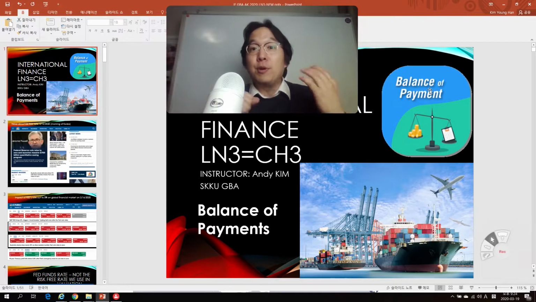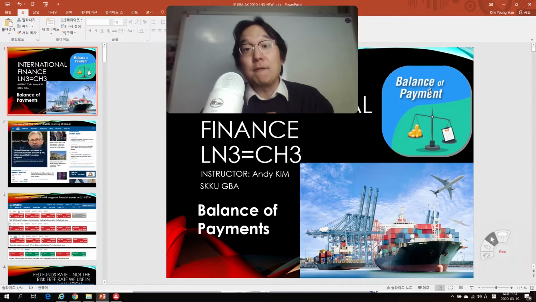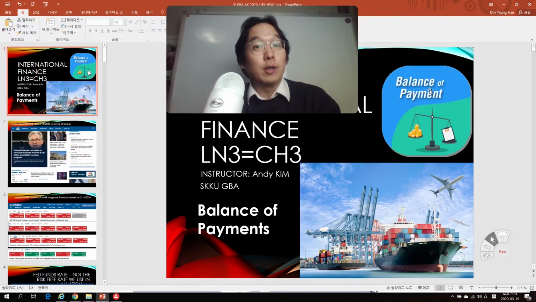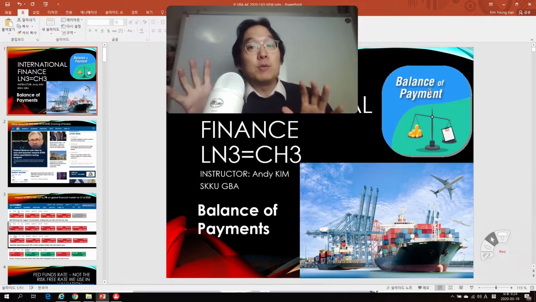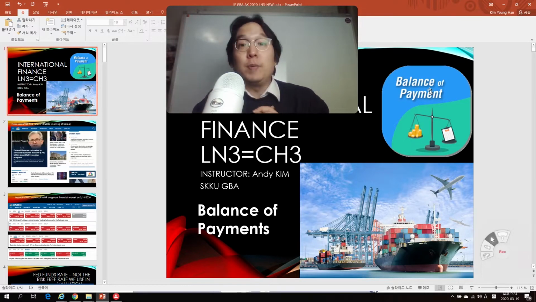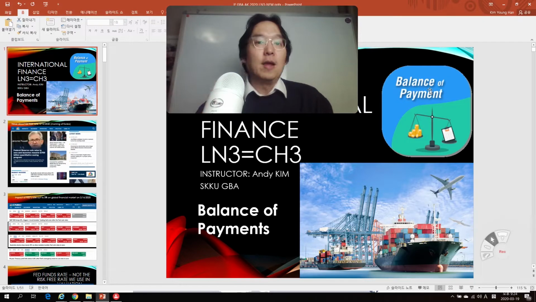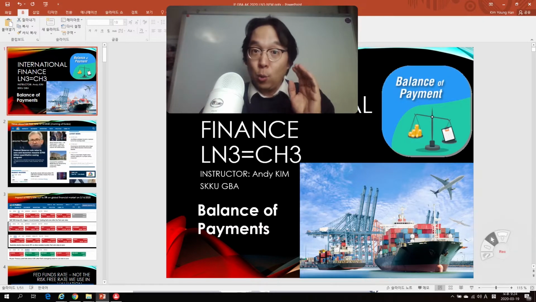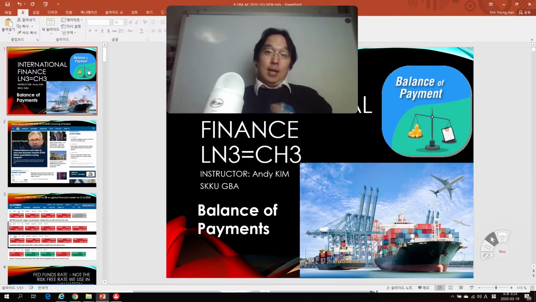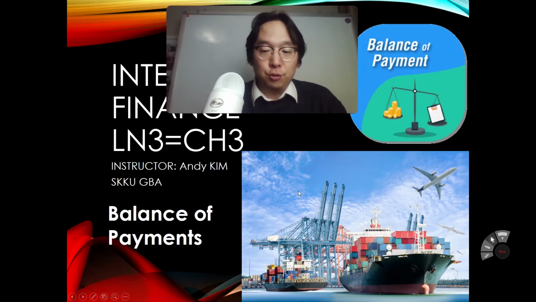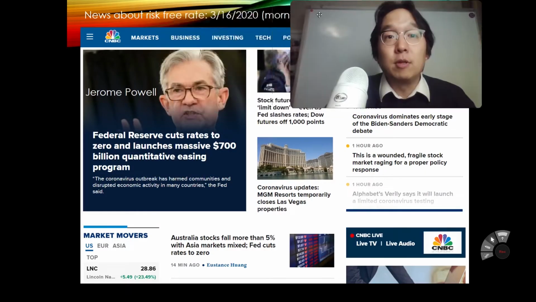Okay, for example, trade balance, we call it import and export, right? Surpluses and deficits, and foreign direct investments, right? And then portfolio investments, and something called foreign reserves, right? All those things will be discussed. And largely, it's going to be kind of a refresher about your understanding in Macroeconomics 101, okay? And before we go deeper into the textbook, right, let me take you to the current issues going on in the global market, okay?